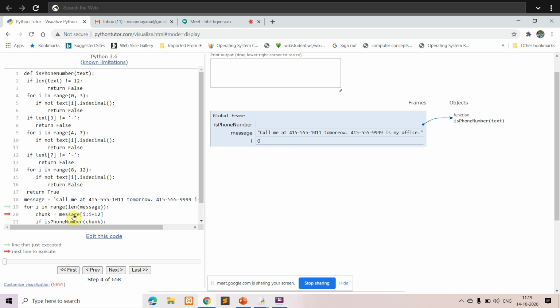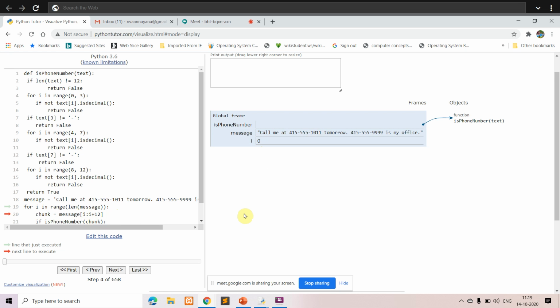So what will happen now? Message of I colon is nothing but we are using the concept of slice. When we were looking into the list chapter, we spoke about slice. What is this slice? You can specify the range. So here starting from 0 till I plus 12, that is 0 plus 12.